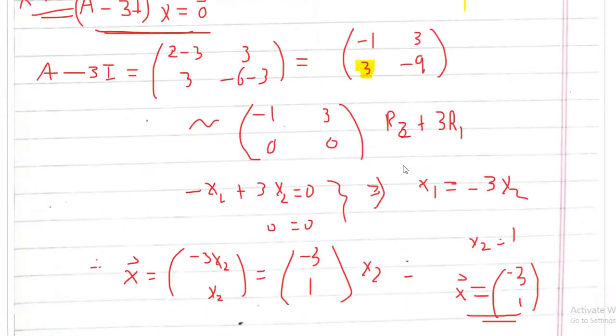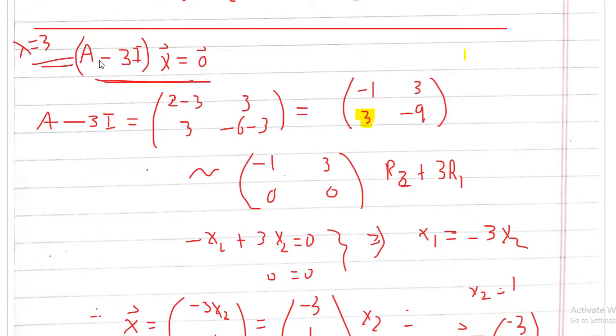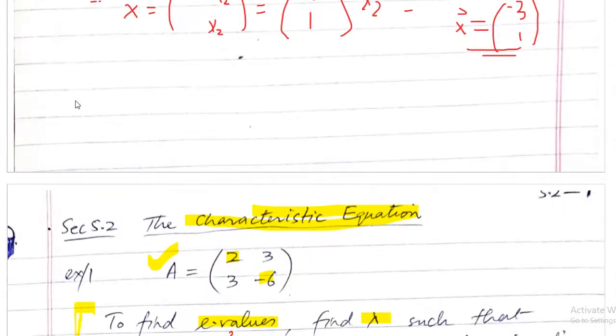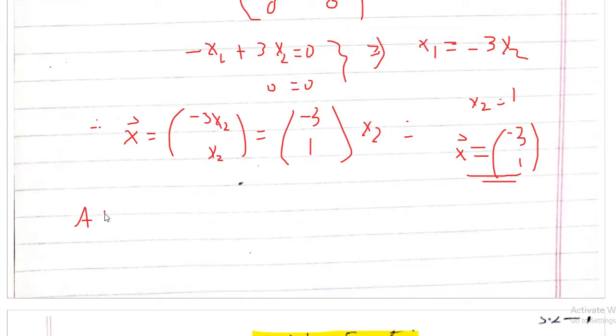Put minus 7 here, so it will become a plus 7I. So you can write the matrix A plus 7I. A plus 7I means 2 plus 7 is 9, 3 remains 3, 3 remains 3, and minus 6 plus 7 becomes 1. Okay, so you can write from here as well, you can get 9, 3 and